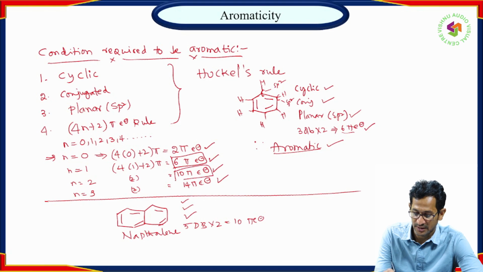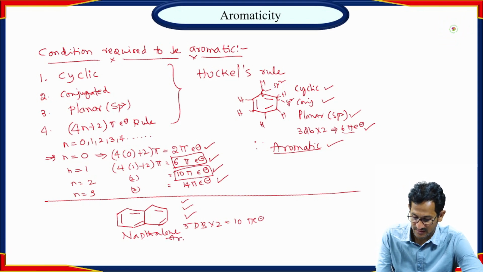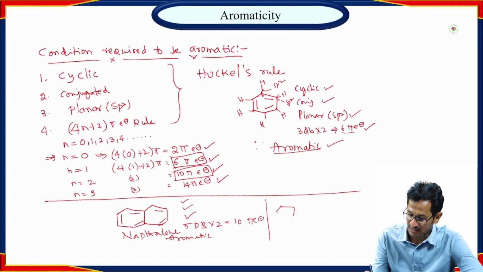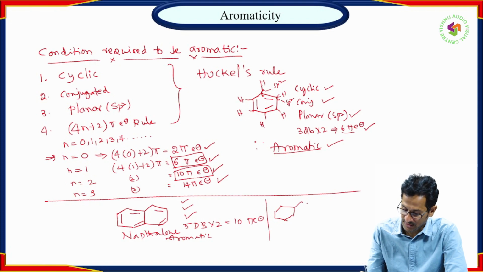So our number is 10 pi electrons, therefore it is satisfying all conditions, therefore it is an aromatic compound, right? One more example is naphthalene. Three benzene rings are fused. The naphthalene, three benzene rings are fused,